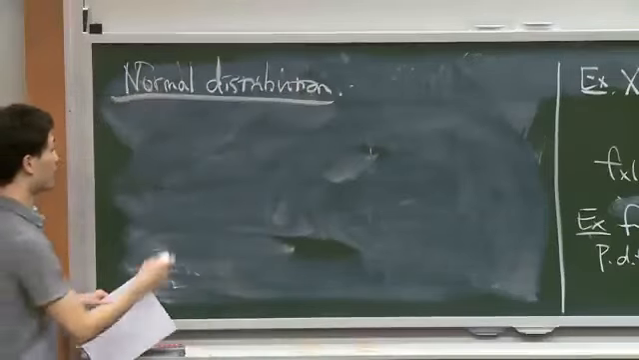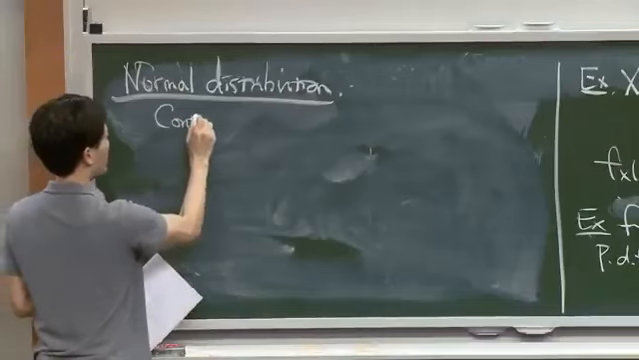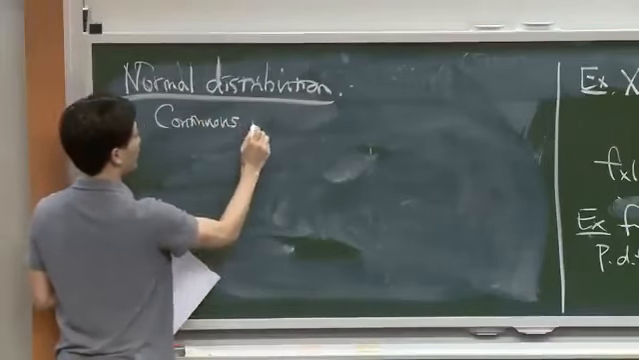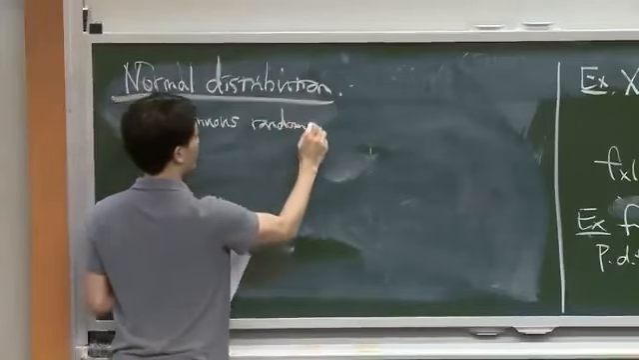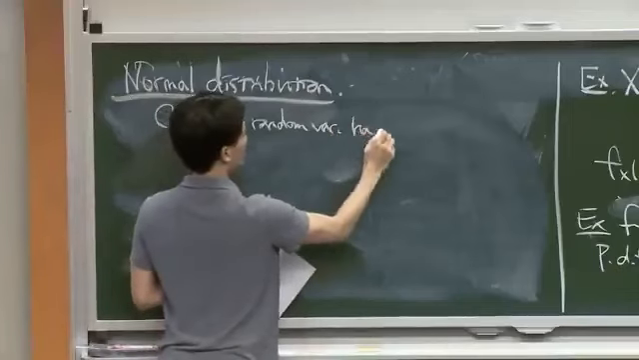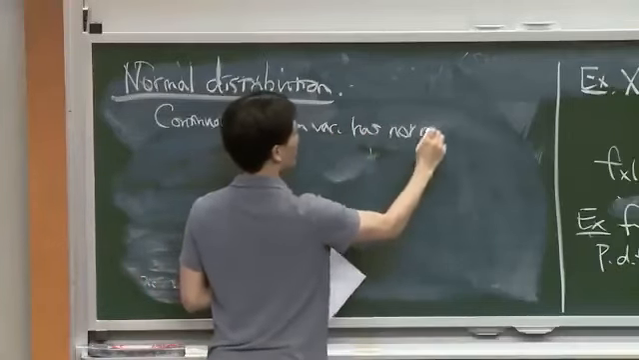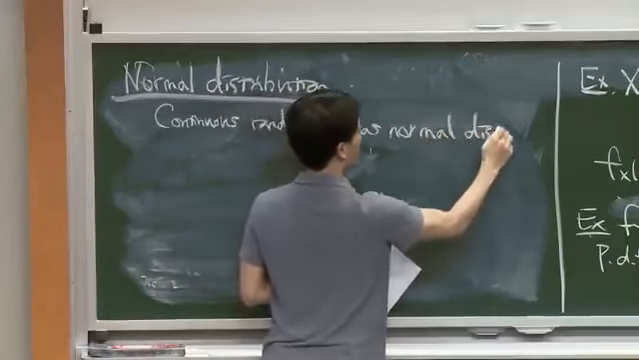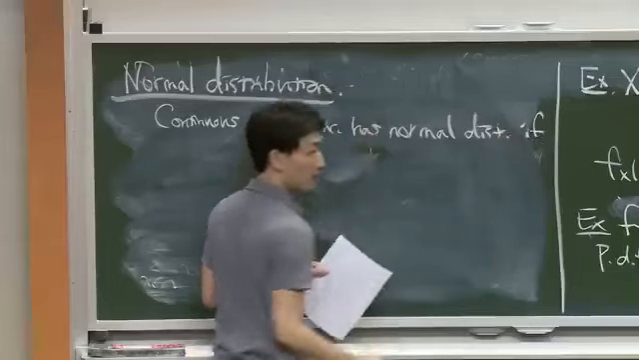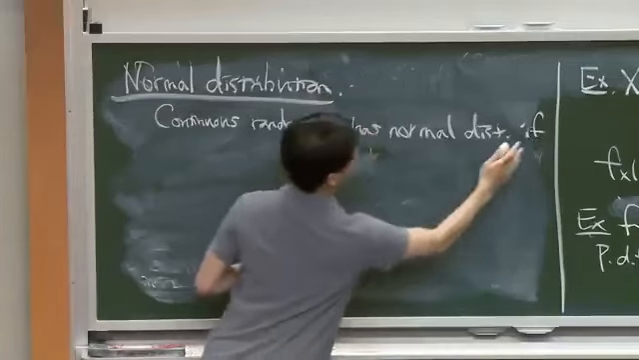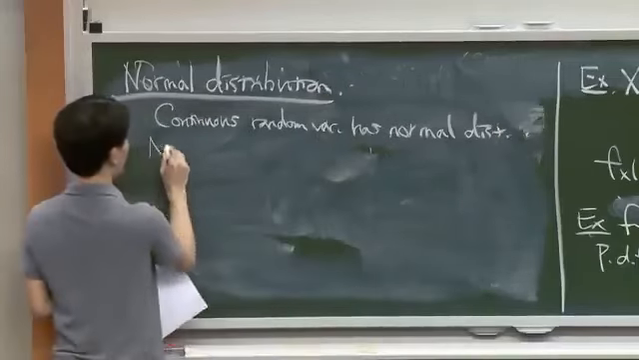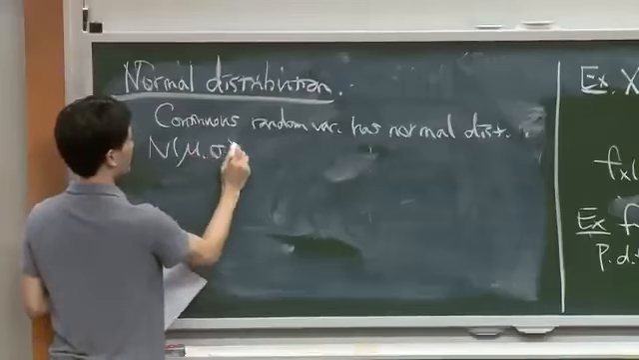It's a continuous random variable. Our continuous random variable is said to have normal distribution, N(mu, sigma),